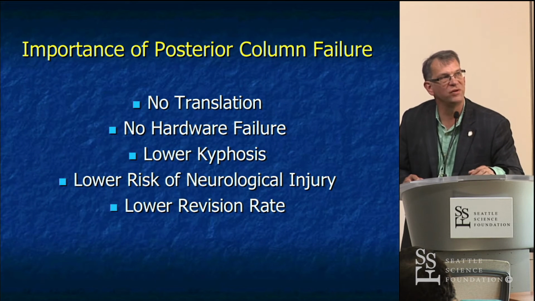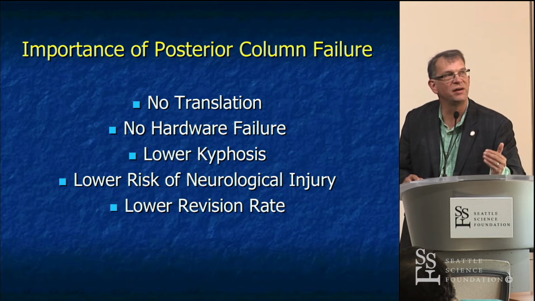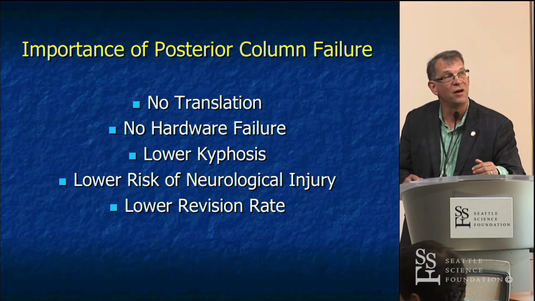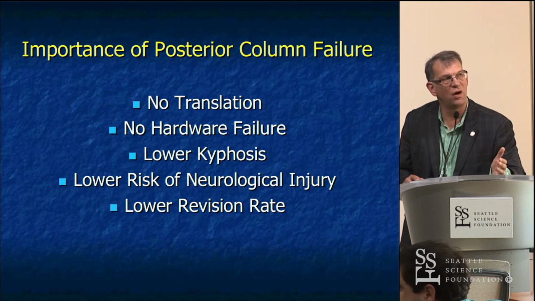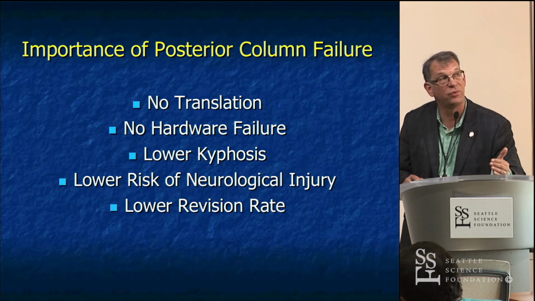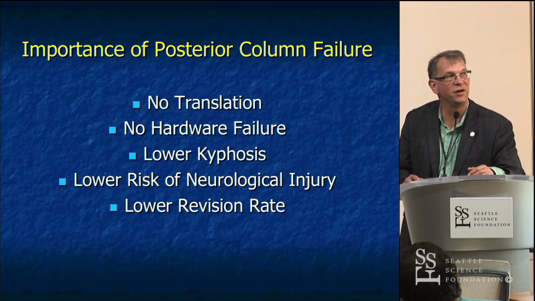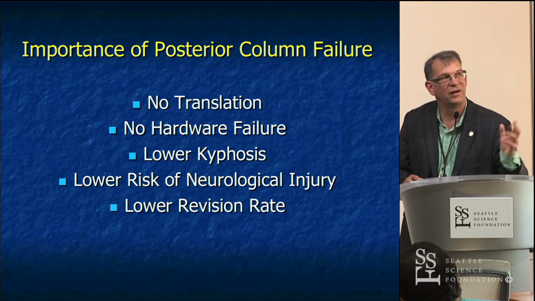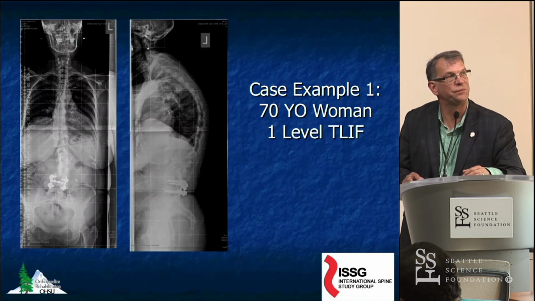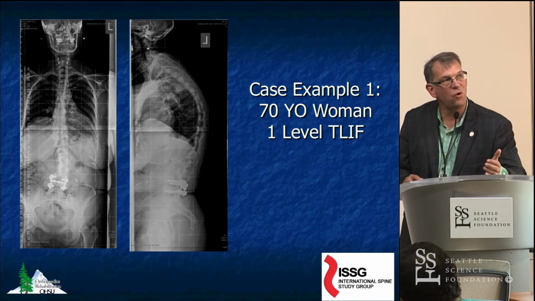But if you think about what we just went through, what emerges in my mind is the importance of posterior column failure, because you don't get translation, which is the high end of disruption in one of the categories, without posterior column failure. You typically don't get hardware failure without posterior column failure. Your kyphosis tends to remain at a lower level, so it increases the kyphosis when the posterior column fails in tension. There's certainly a lower risk of neurological injury without posterior column failure, and again, we've proven that there is a lower revision rate. So here's an example that's on the low end of the pathology,